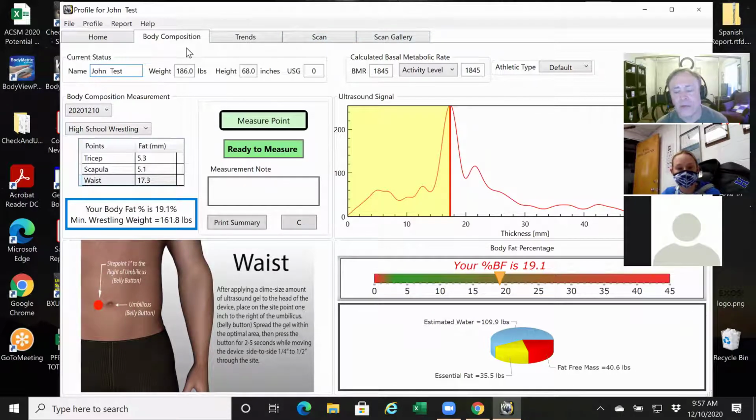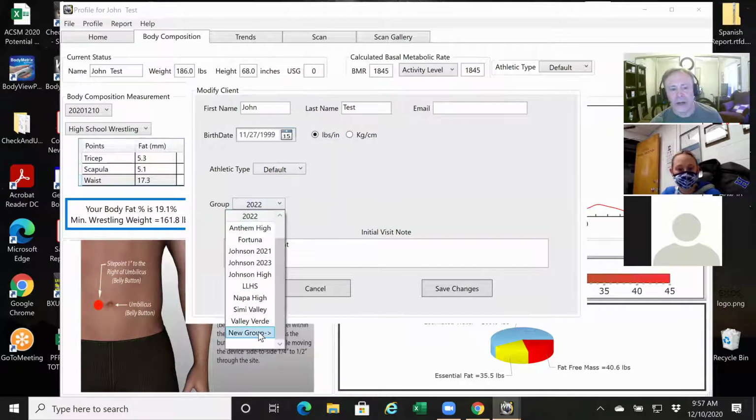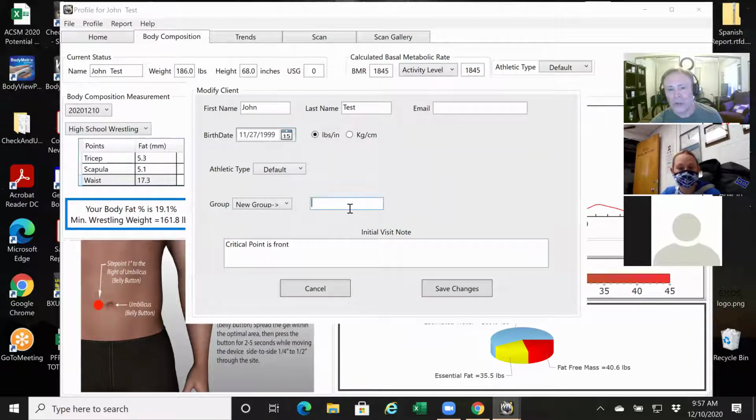Let's say you get through, it's a new year. Next year, you want to create a new group for 2021 or 2022, whatever. What you can do is re-categorize each athlete into a group. So you do need to open up their profile, and then you're going to navigate up here to profile. Okay. Click modify, and we can just create a new group with a new year. Okay. We'll say